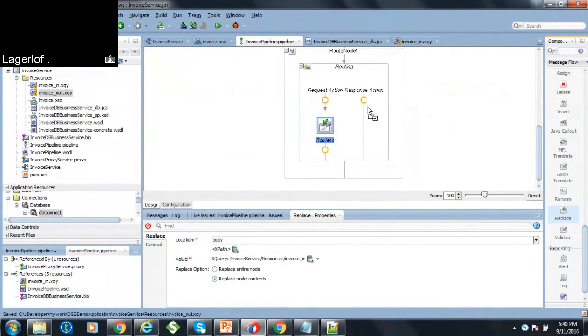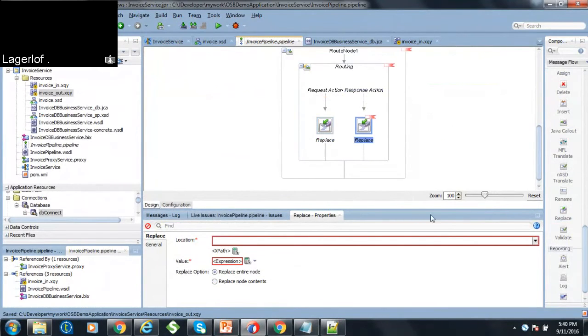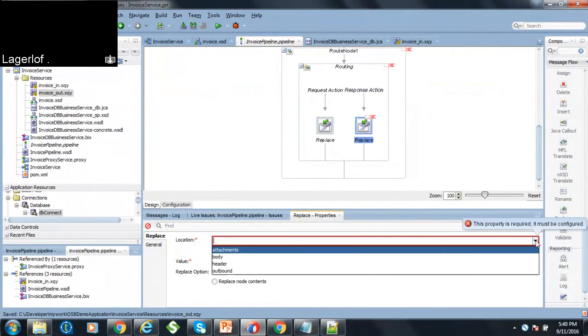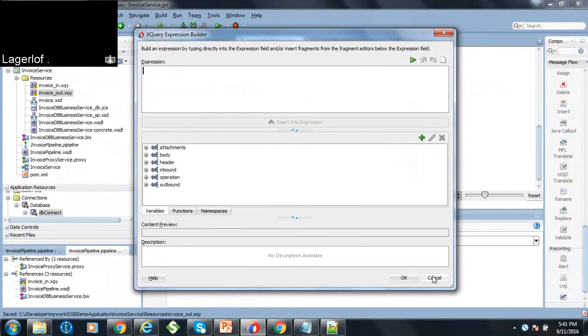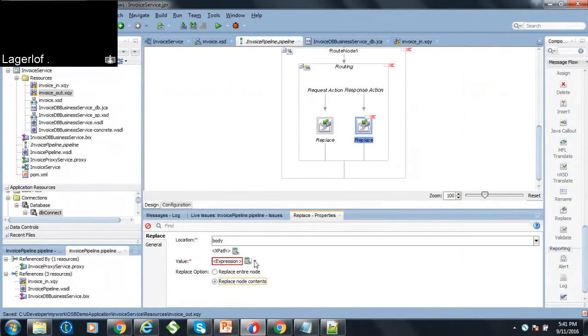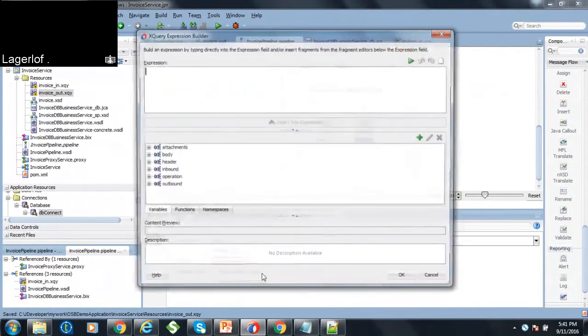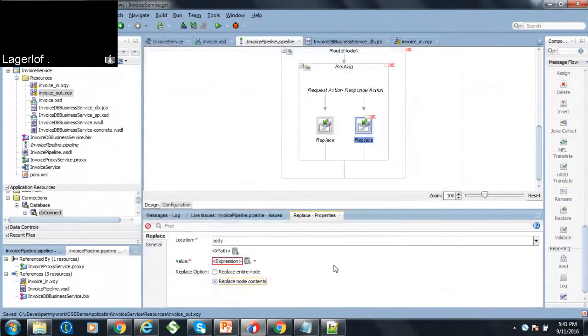So replace is basically used for the transformation, as I mentioned earlier. Select what you want to do the transformation of, the body, and click select the replace node contents, and here you have the options for how you want to do the transformation. In this case, as we have already created the XQuery, I'm going to select the XQuery